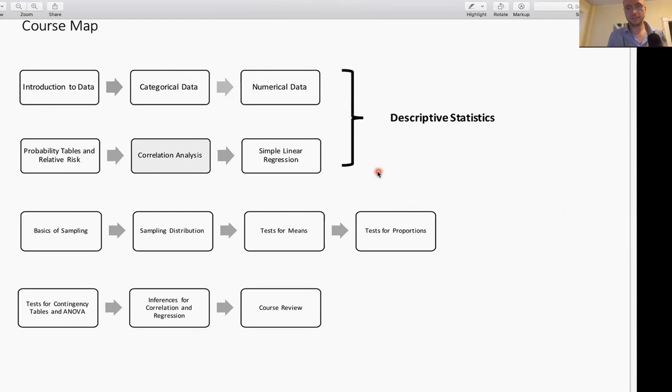I say all of this simply to emphasize that the concept of correlation analysis and the concept of simple linear regression might appear more complex, might seem somewhat distinct from, say, what we did in the first 2 weeks with categorical and numerical data. But fundamentally, they're the same. They are connected to each other. They grow out of each other. And what I want to emphasize is once you find out a way to describe the data and provide us information on the data at hand, in the second half of the course, right here, 1, 2, 3, 4, 5,